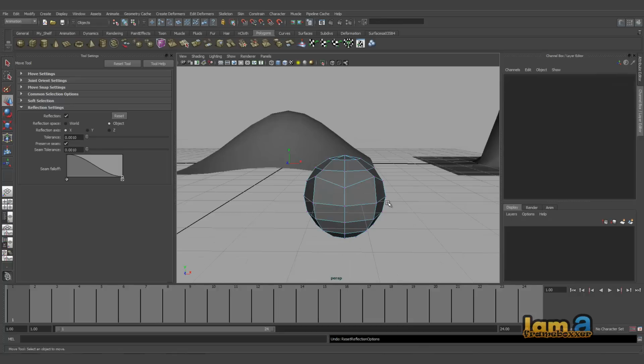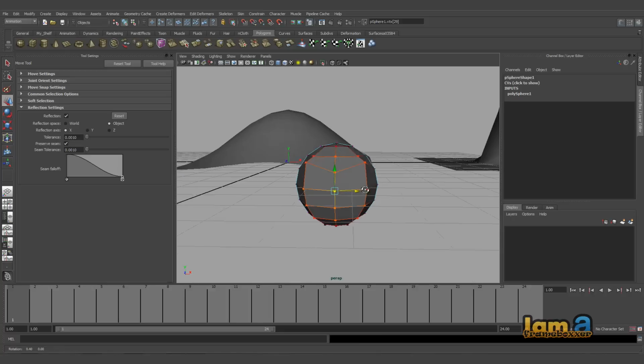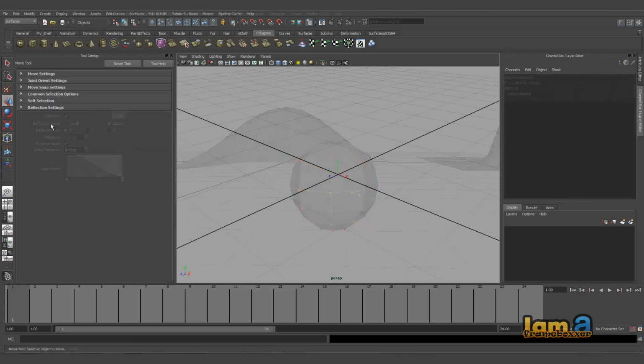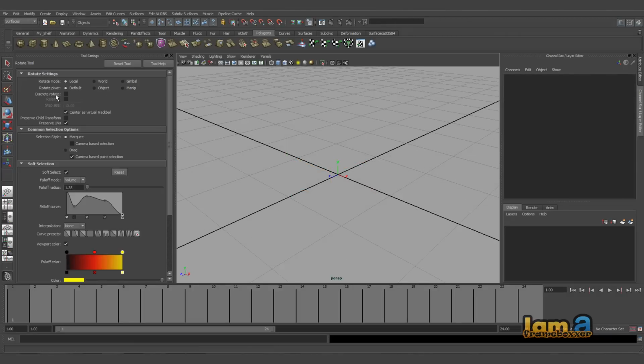So you have the seam here. The moment I choose a vertex on the seam, press B on the keyboard, it will not be affected, right? It only affects the other sides, keeping the seam undisturbed. Tolerance is the same, wherein it decides how much of the falloff area it needs to go on both sides of the seam. Also, I would highly recommend you explore the other options, because they are almost similar. It would just be a redo if I start explaining the whole thing.